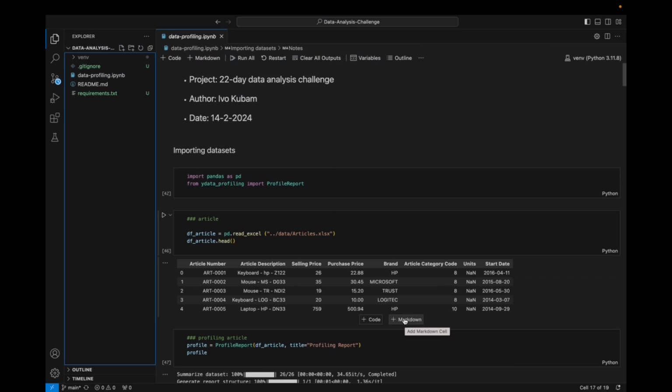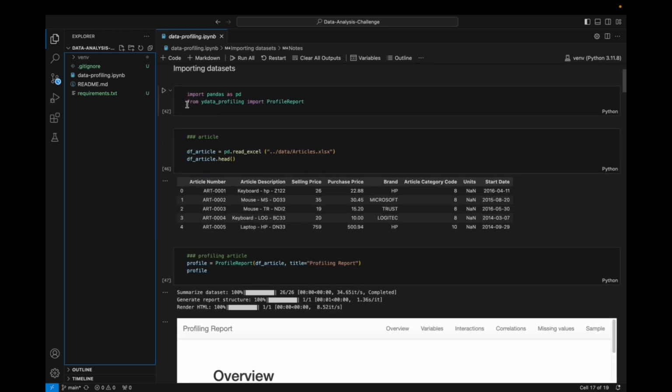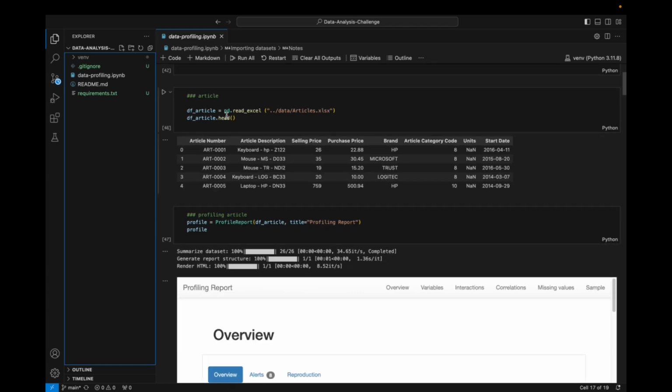Okay, so yeah, I'm using a Jupyter notebook to make it easy for you guys to follow up, right? So normally the first part is just giving a project description. The whole goal is, if someone lands on this file, they should understand that I did this for this purpose, and it was done by this person and on this date. Okay, so yeah, for those who know how to program in Python, importing your packages, then yeah, I'm importing my